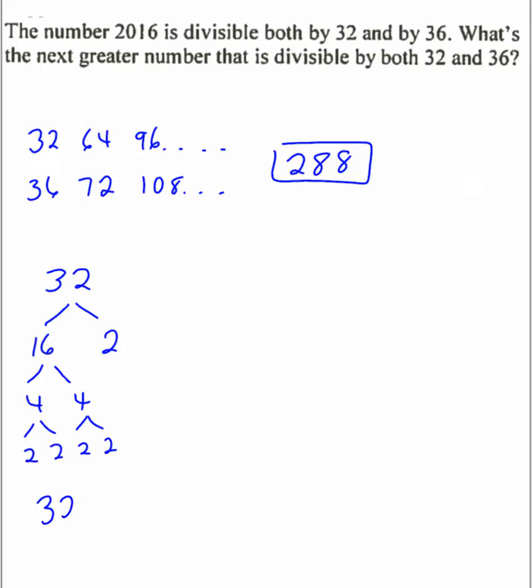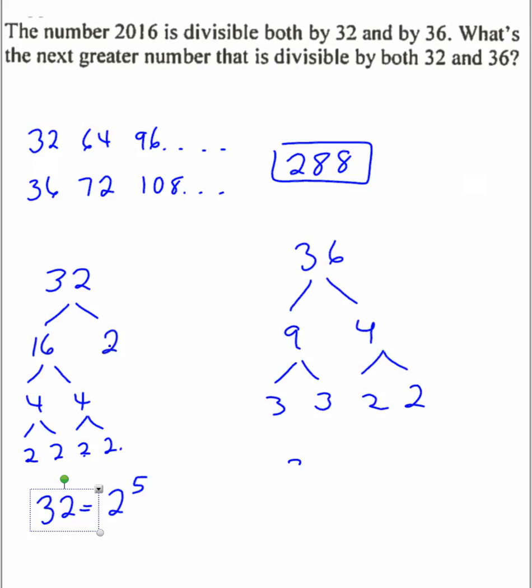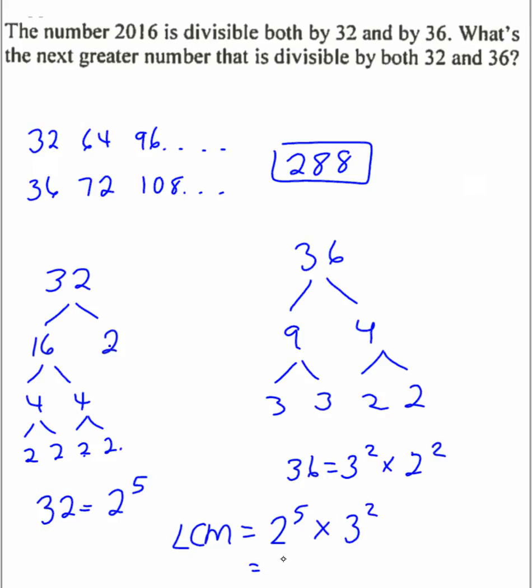So you're going to see that 32 is the same as 2 to the exponent of 5. 1, 2, 3, 4, 5. That's how I say 2 to the exponent of 5. And 36, if I broke that down, 36 is 3 squared times 2 squared. And so what you're going to find is that the lowest common multiple, based on these factor trees, will be that times that, or 32 times 9,